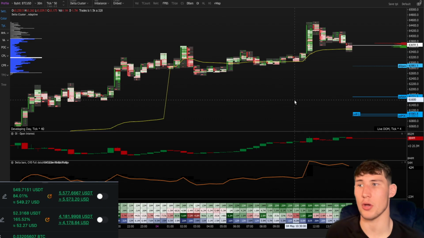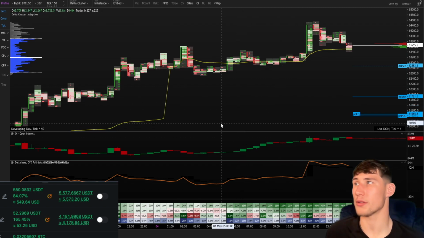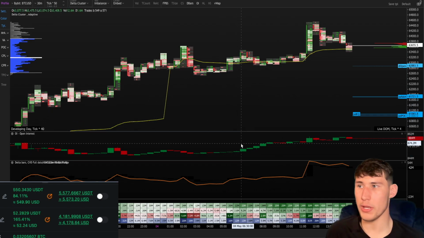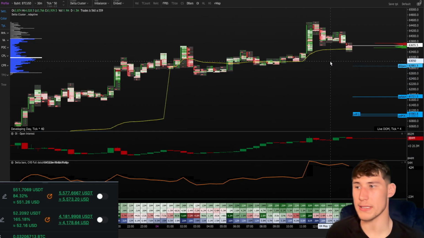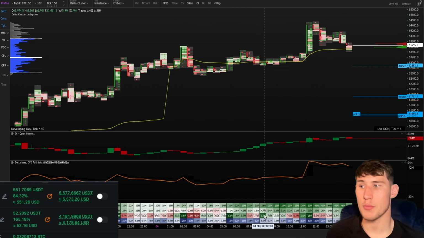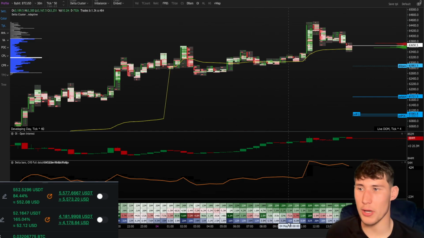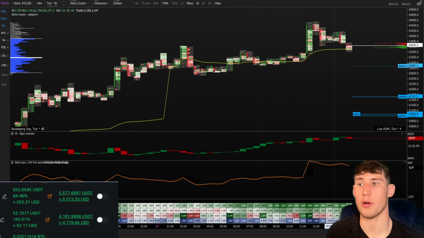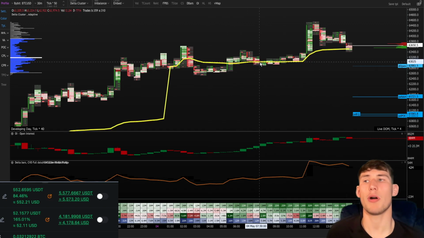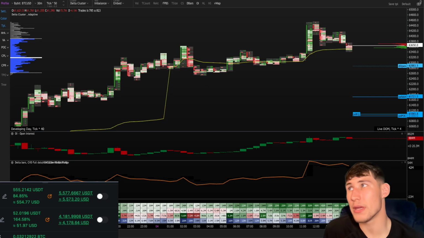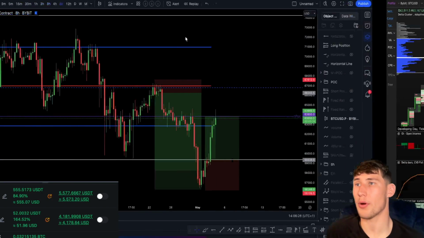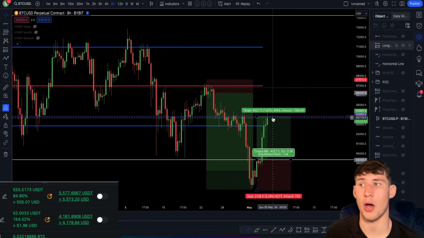So if we take a look at the open interest and we take a look at the footprint, we can see the open interest is rising as price is rising. We are getting some nice positive delta coming in with some nice volume increases, right? So initially, this rise towards the upside is good. I like this rise towards the upside, and I'm happy to actually target higher prices from here. I'm happy to target higher prices.